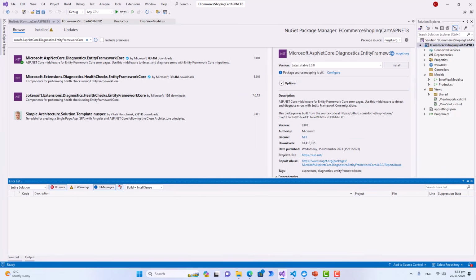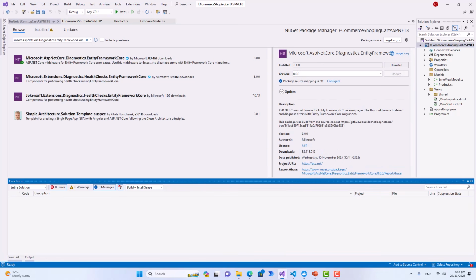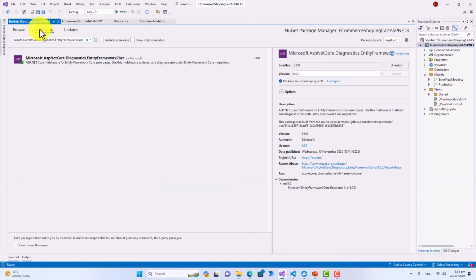This Microsoft.AspNetCore.Diagnostics.EntityFrameworkCore NuGet package is used for providing the ASP.NET Core middleware for Entity Framework Core error pages. This middleware helps to detect and diagnose the errors with Entity Framework Core migrations. So these two are the installed ones: